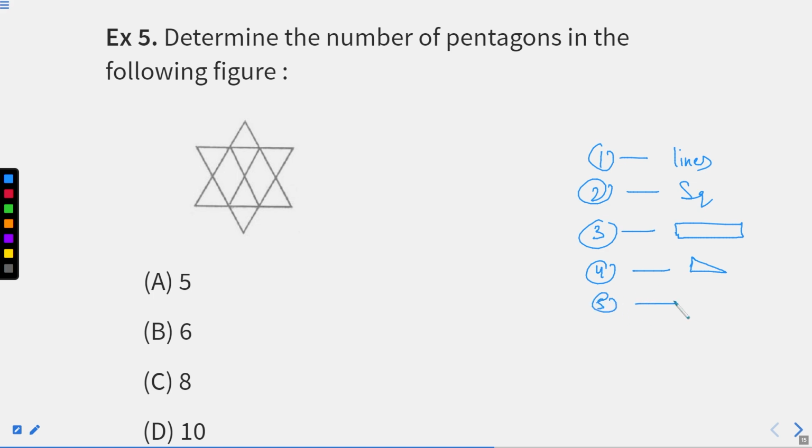So in the fifth question, we are discussing the pentagon. A pentagon is a figure having 5 sides. I hope everybody knows how a pentagon looks like. So these are the 5 questions that we are going to discuss. 4 of them are already discussed till here. The 5th question is this one, where we have to find pentagons, right?